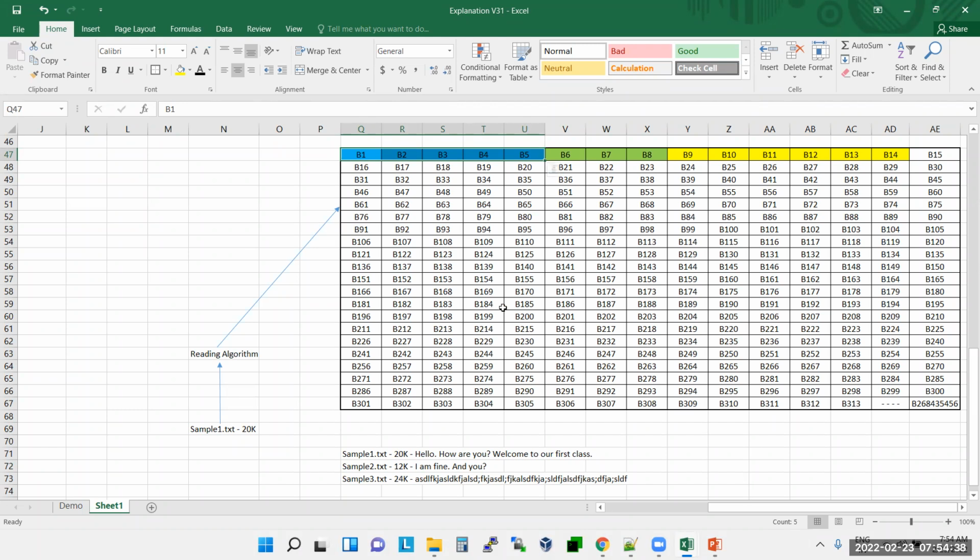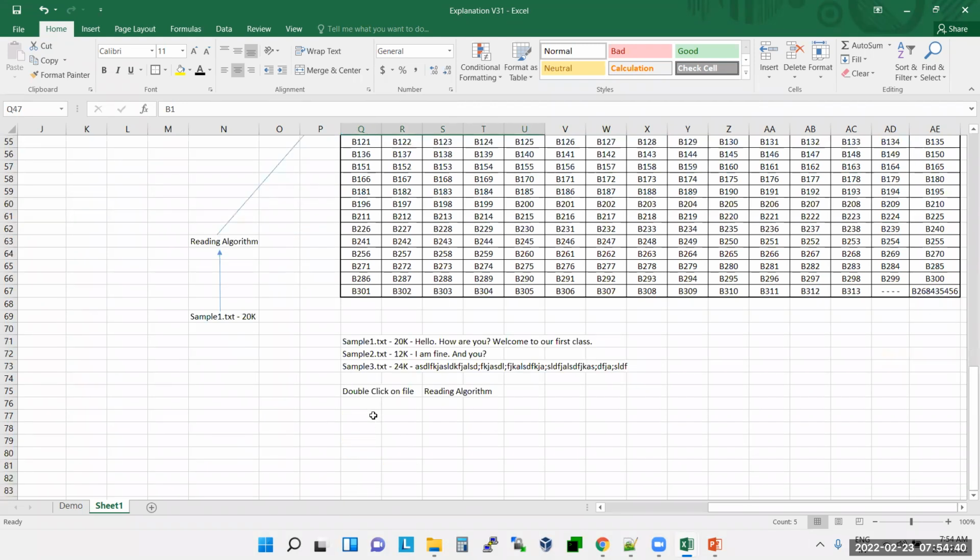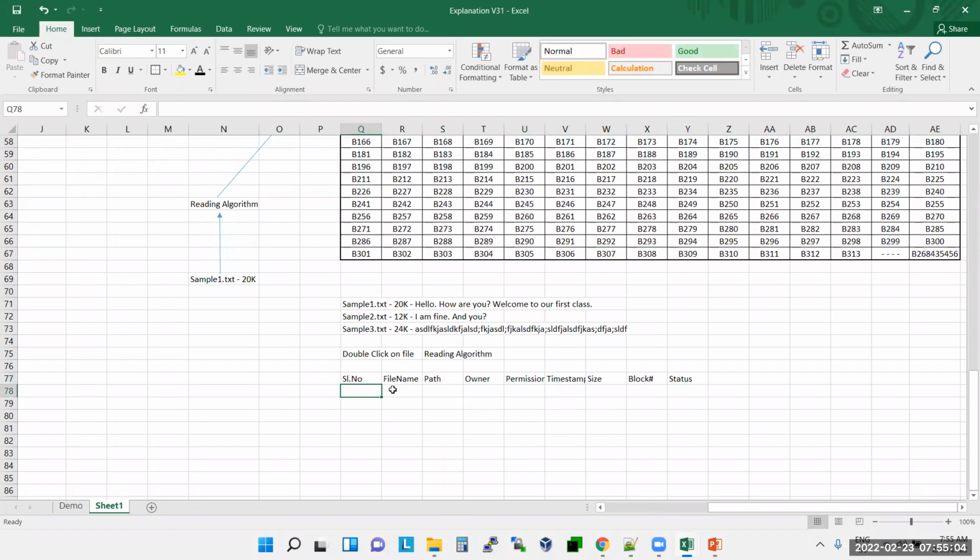What if I have a table like this, with serial number, file name, path, owner, permissions, timestamp, size, block numbers, then status. Think like this, guys: I have a table like this.